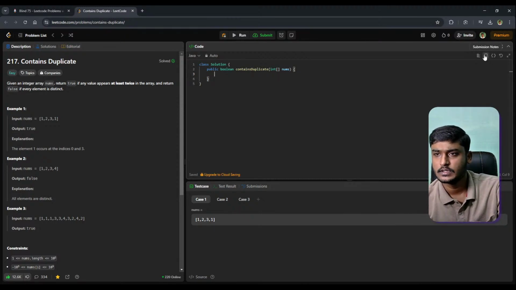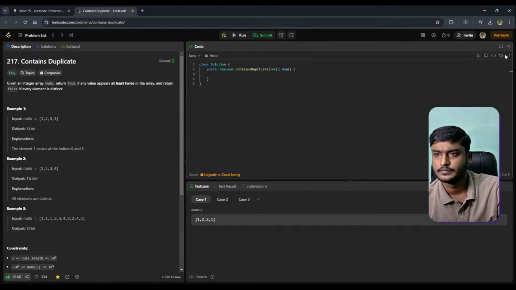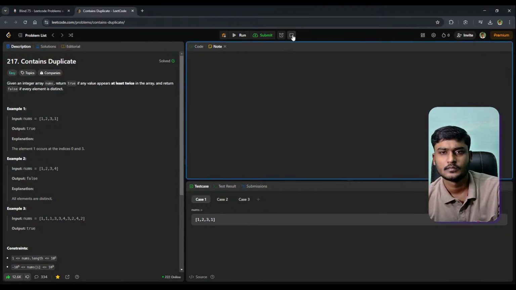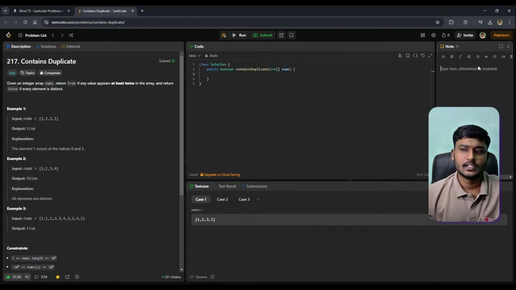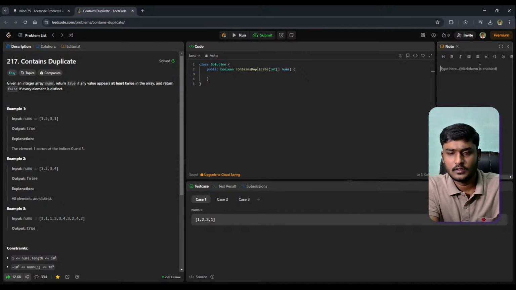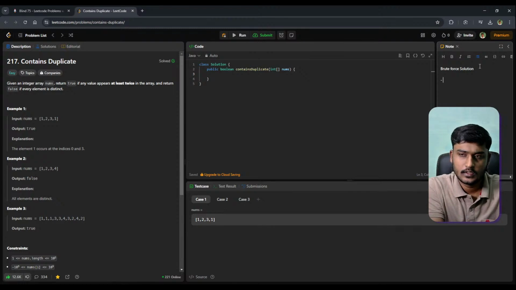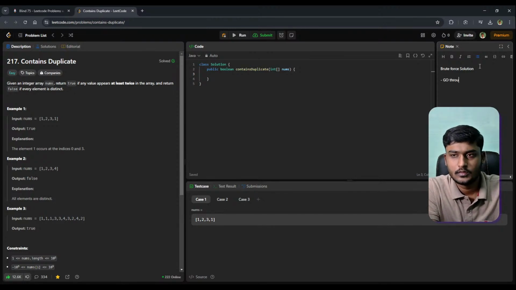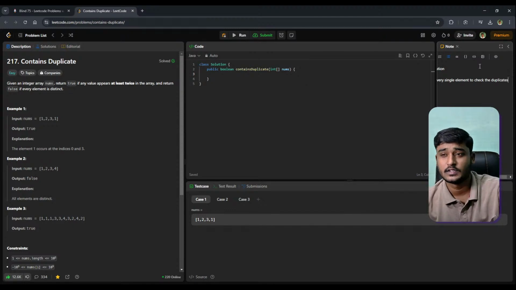Let me write some notes over here. The first thing is the brute force solution. Here we go through every single element and check for duplicates.